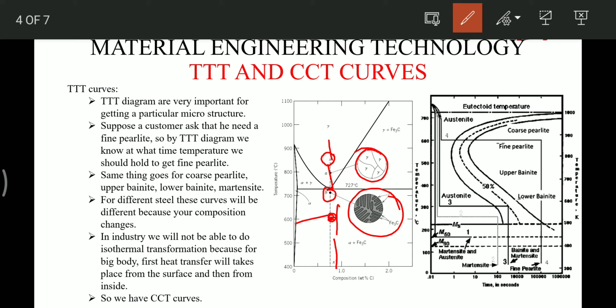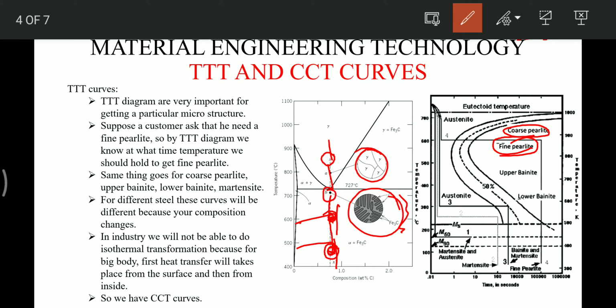If we bring the temperature down to 600 over here, and we maintain the temperature at 600 for sufficient time for the transformation to take place, then pearlite structure will be there, but it could be coarse. And if we cool to about below 500 degrees Celsius, suppose suddenly we cool till 500 and then we wait at 500 degrees Celsius for the transformation to complete, then we can get fine pearlite.